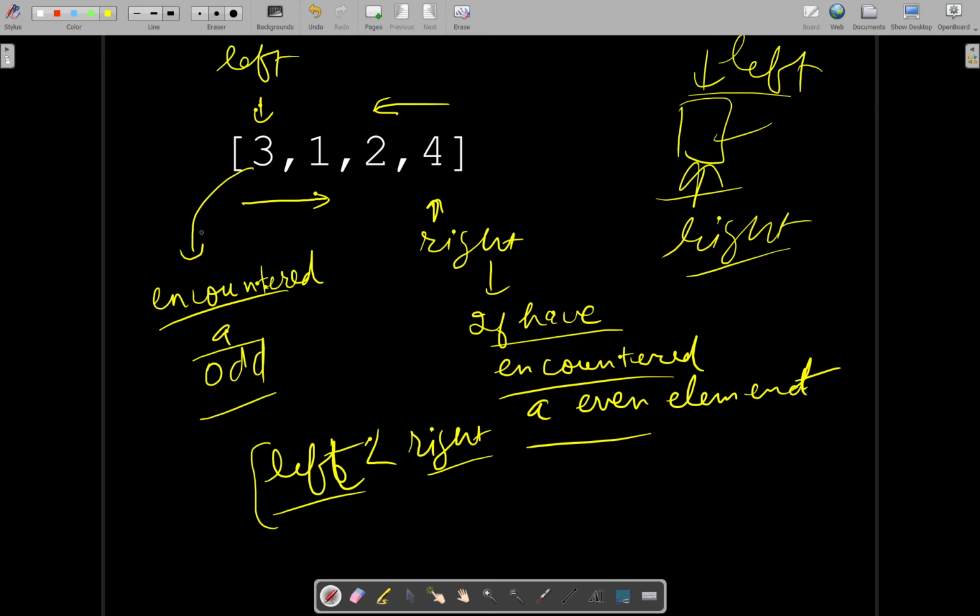So when both of them are having a problem and this condition is satisfied, the right will say okay, let's swap the values so that our problem will be resolved. So left and right will swap their values,